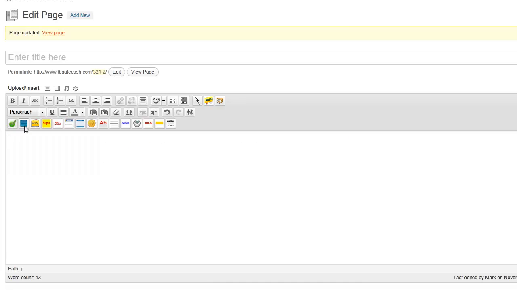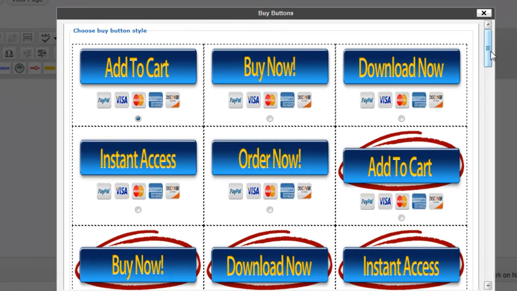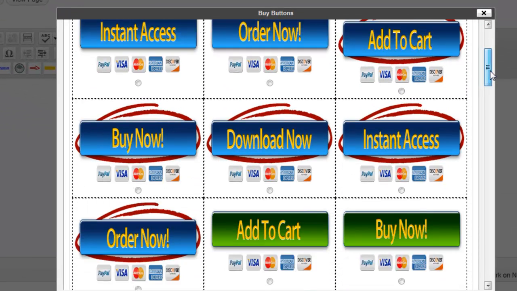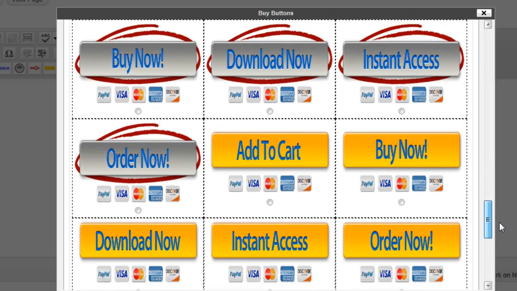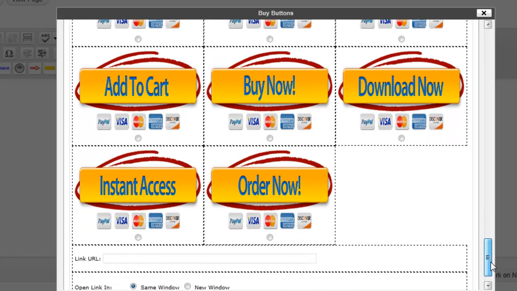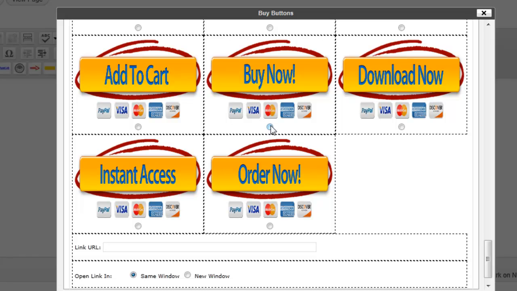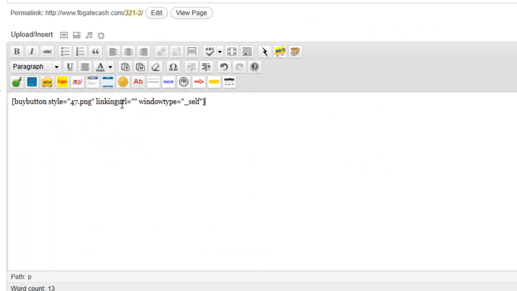We got add to cart buttons, a whole bunch of them. And these are amazing with circles around them, blue, green, red, silver, and the famous yellow and orange. So I can easily pick this one right here, and I can come down here, I can put in the URL if it's going to go to the same window or a new. Click on insert, and orange, and it puts a short code right there. And click on update,